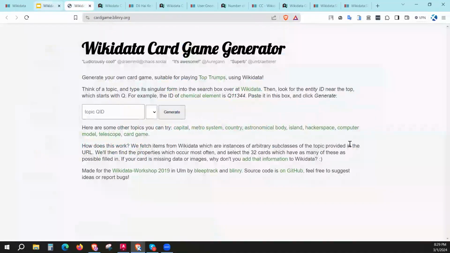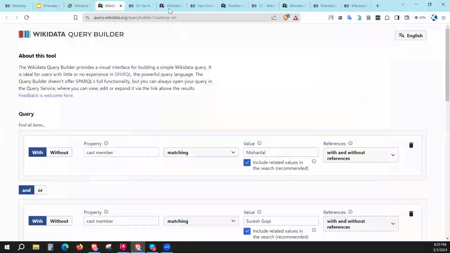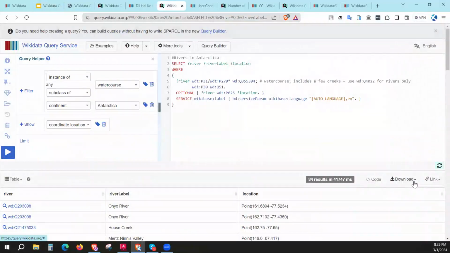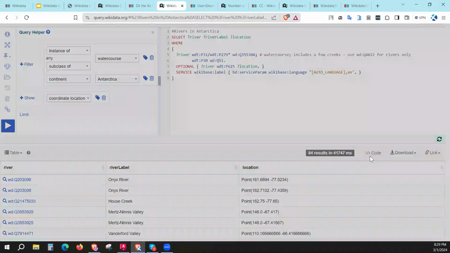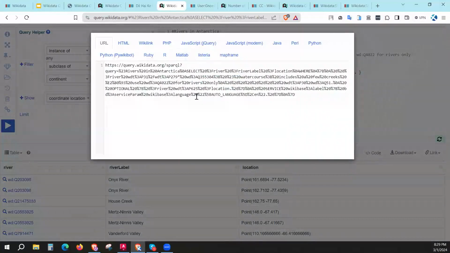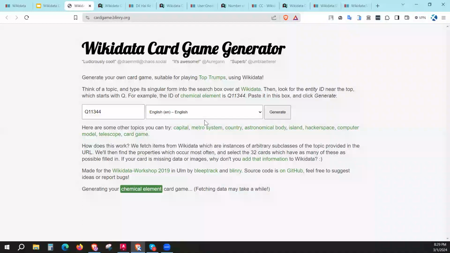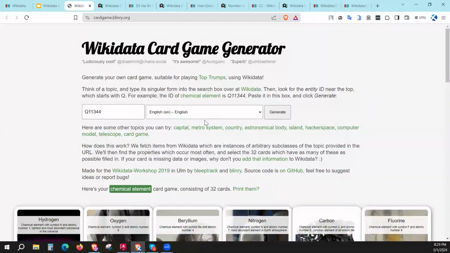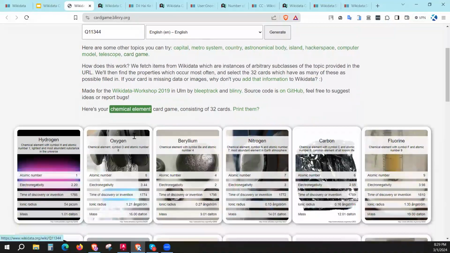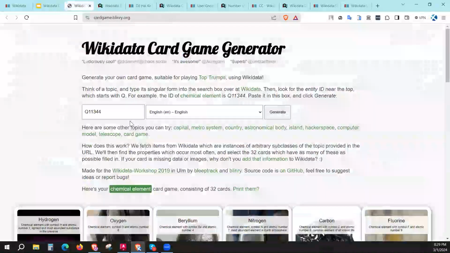Here we have the option to download this information or code this information, and embed it on a website. It is a card game model, an application developed by some of the volunteers for visualizing this information. So if I want to visualize districts in India,